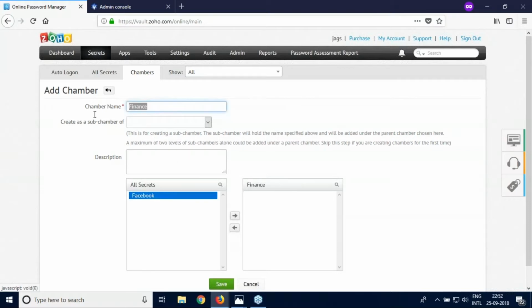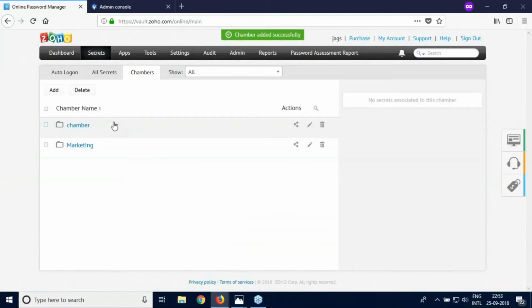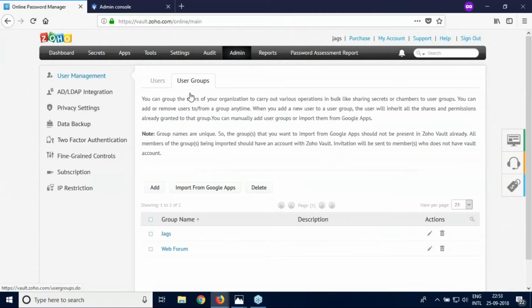And I will name this as marketing, so I can go ahead and add Facebook to this chamber. You can add many passwords to a folder which is called a chamber, and you can share this folder with a user or a user group. So if you are an admin, if you want to share all the marketing passwords with the marketing team, what you have to do is create a user group named marketing and add all the marketing department people to this group,